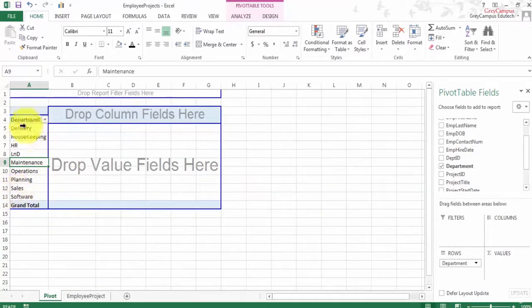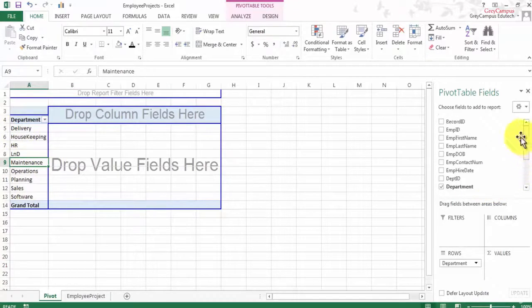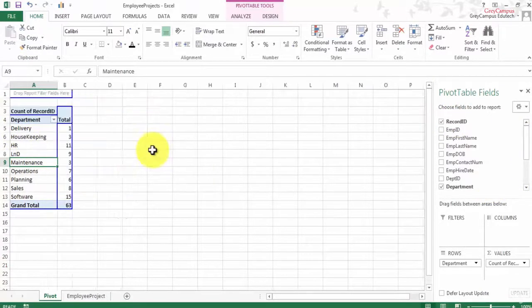Now you can see that the departments have come, and simply by dropping this record I would have got the same output that we saw last time through your regular options. Now working with this classic tab is far easier.